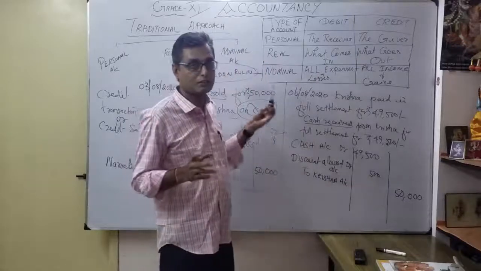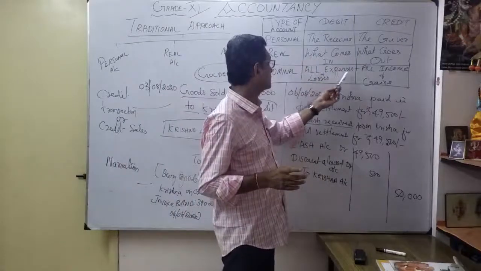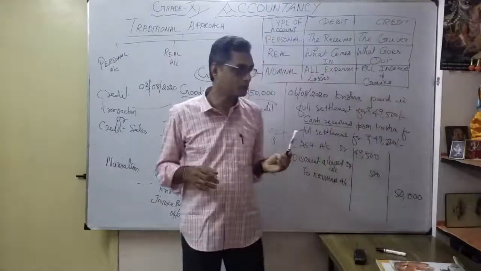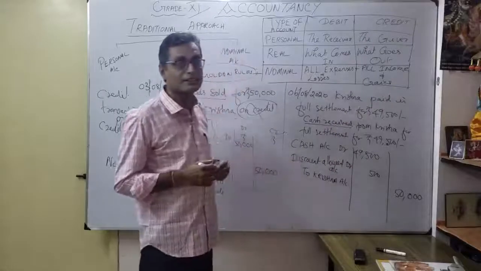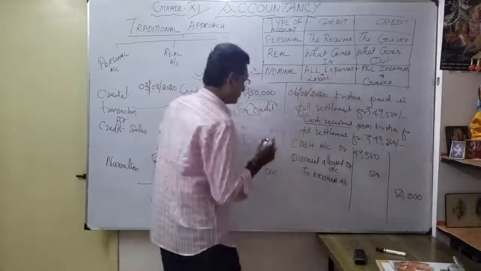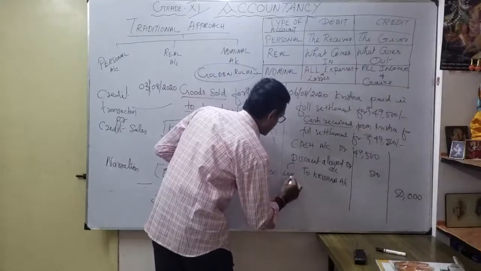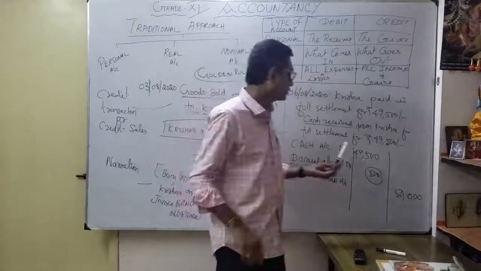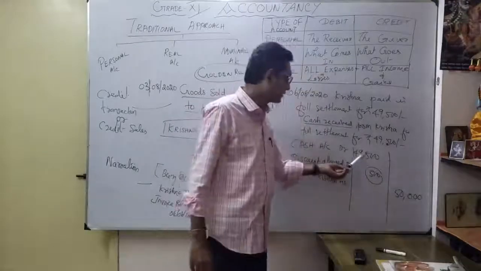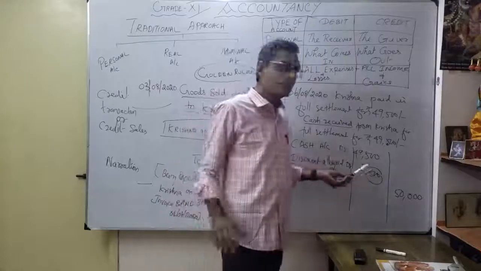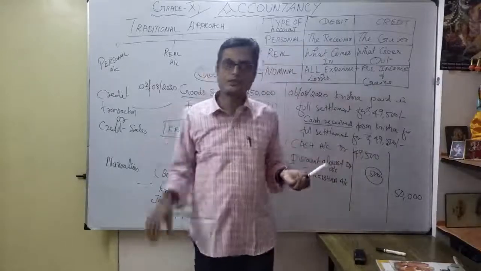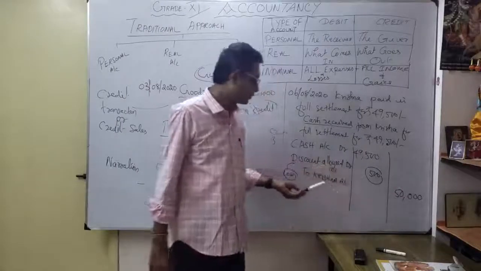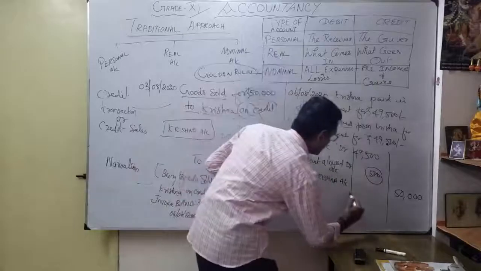Discount allowed is what? What is the rule? Debit all expenses and losses. Credit all income and gains. Now understood. I consider discount allowed as what? It is not an expense. It is a loss. Correct? Because actually how much are we losing? 500. Actually we wanted to receive 50,000 but received only 49,500. Naturally we want to show that 500 in the account, correct? That is very, very important. That's why I am mentioning here discount allowed account 500, to Krishna account. See, now both sides tally for this.